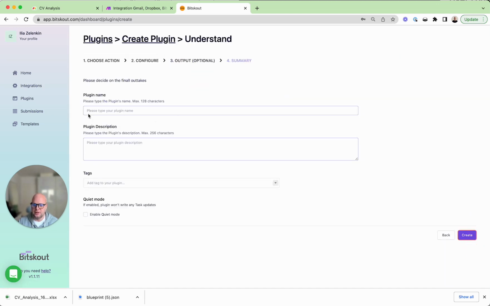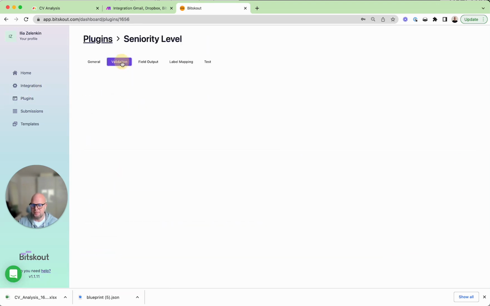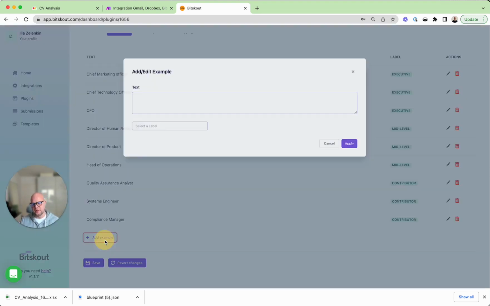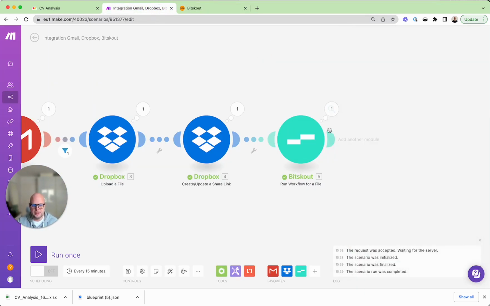I will not do that in this example because I already have done it. And this is the Seniority Level plugin. And these are my examples. If you feel that the plugin made an error, you can add another example here just to fix it. And then you need to add another Bitskout